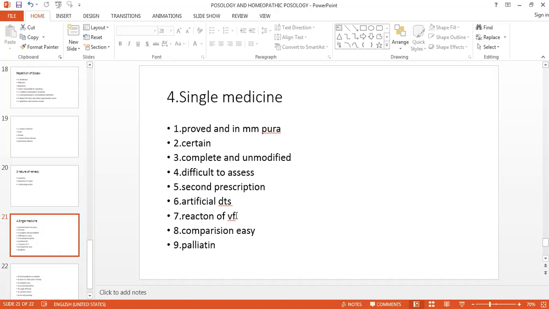If you are giving 4 to 5 medicines at a time, this may lead to the suppression and the palliation of the case. Temporary relief patient को मिलेगा, हमेशा वो palliation होते जाएगा. So this may lead to the suppression. More and more serious organs will get involved and that patient becomes a complicated patient. Then we cannot do the comparison of the two medicines. बाप रे, पहले मैंने arsenic दिया था तो arsenic से ये patient ठीक नहीं हुआ है, no, I have to change the potency or I have to change the medicine. ये आप comparison नहीं कर सकोगे. So here that case will not be fit in that case observation.